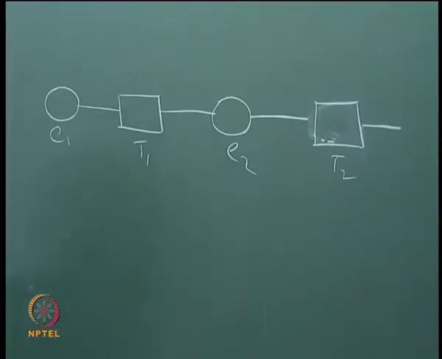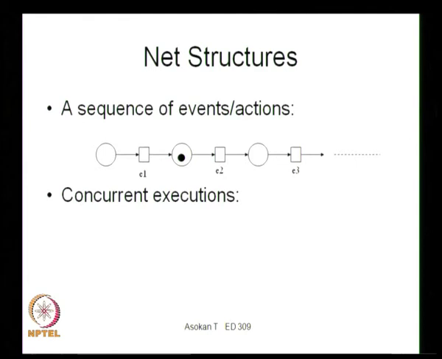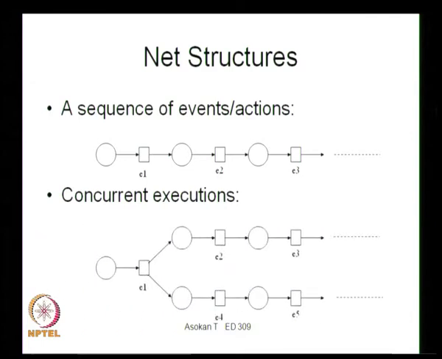That can be represented using this kind of Petri net, or you can go for concurrent executions. This shows the executions and how the place values are changing. If you go back, you can see that when the transition E1 happens, the token is transferred to the next one, and then again the token is transferred through every transition. So this is one way of showing the sequence of events. And then the concurrent executions, you can see in the picture here, can also take place.